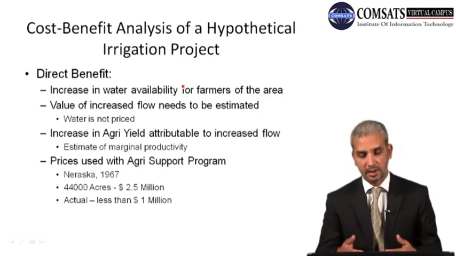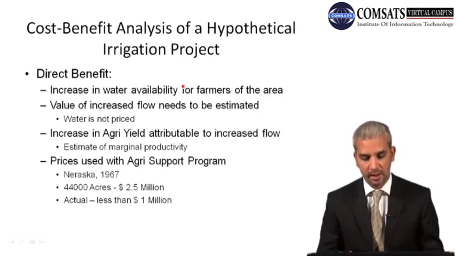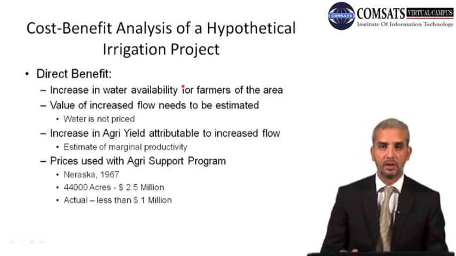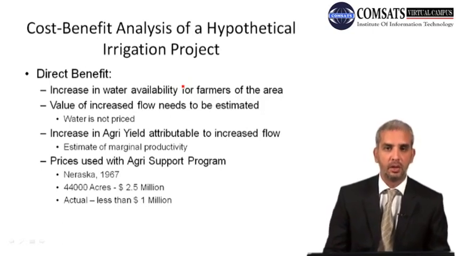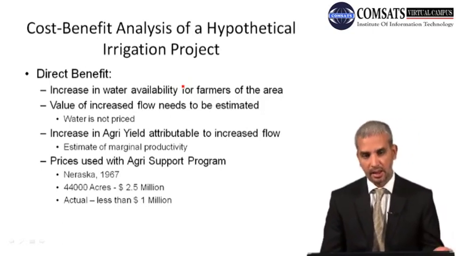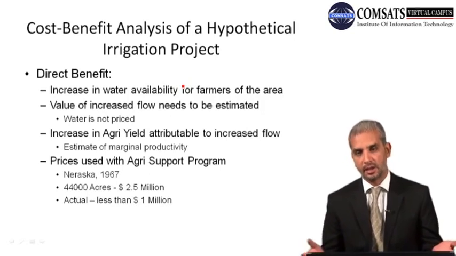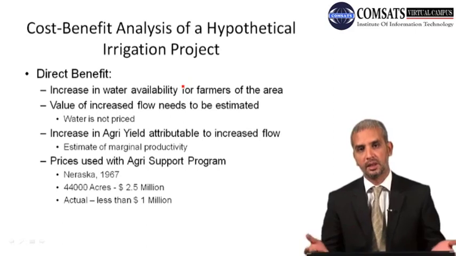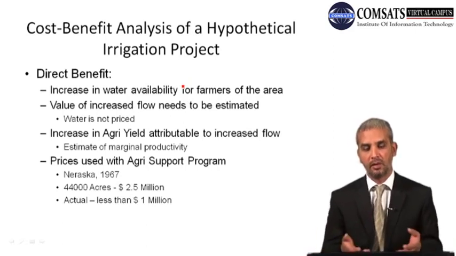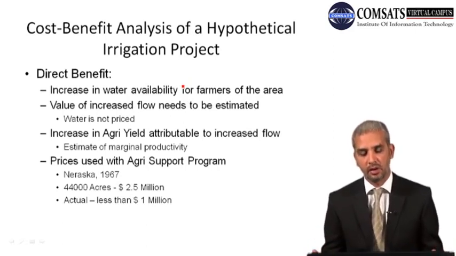Now we also discussed last time that in order to avoid the problem of double counting, because once the agriculture yield out of that land improves, its value would actually go up. So if we consider that land's value also, and we consider the increase in agriculture yield in terms of prices, we would be double counting the same scenario. So we need to be careful when allocating the benefits and costs.